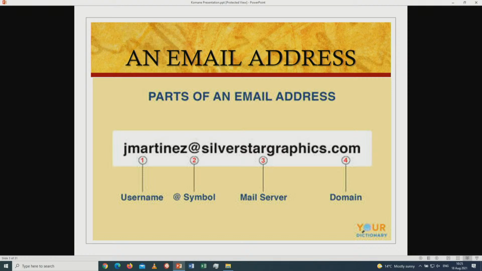For an example, we have jmartins@silverstargraphics.com. Let's look at how this is differentiated. Jmartins is a username. You use your name or any other things that you can use, like numbers, to create your own email. But it should include things that you will be able to remember. The username is jmartins, and then @ is a symbol, and then we have Silver Star Graphics, which is